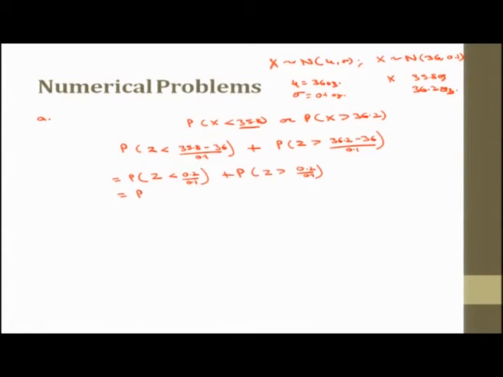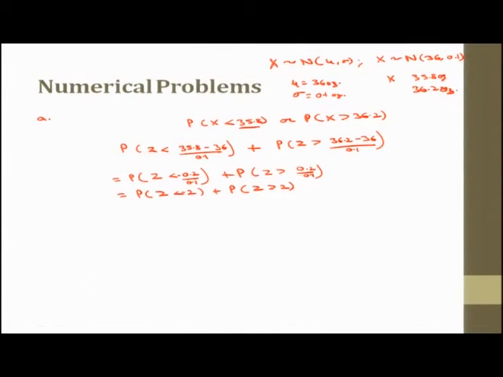This is equal to probability z less than minus 2 here plus probability z greater than 2. So, this value for minus 2 and 2 we need to see,